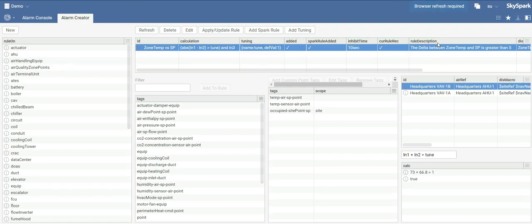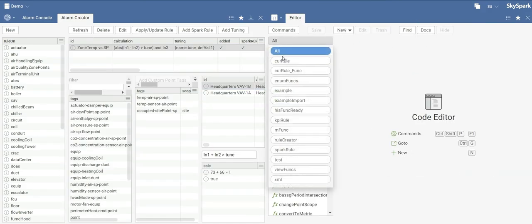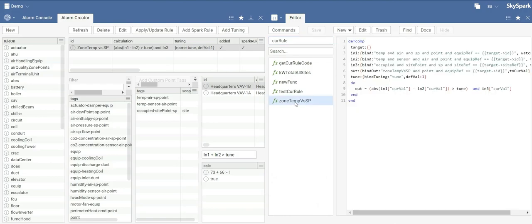Now let's go look at our function that was created. We looked at it before. Let's go look at it again. Code, cur, zone temp versus set point. And so you can see it actually adds, look at this, a bind tuning parameter, and it's now utilizing that tune here. So what's great is you could use this as any bind tuning by going to the rule app,